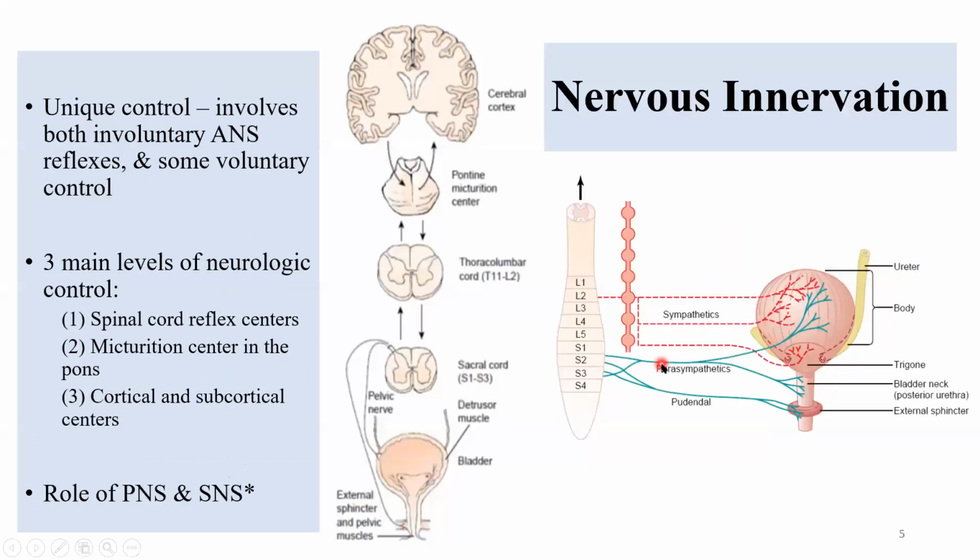Okay. Now we talk about the nervous innervation of the bladder. This is a UQ, a university question as well. The urinary bladder is unique in the sense that the control involves both involuntary autonomic nervous system reflexes, mainly parasympathetic, and on top of it, it has voluntary control as well, as we all know. Children don't have it, infants don't have it, and they develop it when they are being potty trained for the first 2 to 3 years. They keep wetting their diaper or their beddings because they don't have conscious control over their urination. But as they grow and the nerves are myelinated,